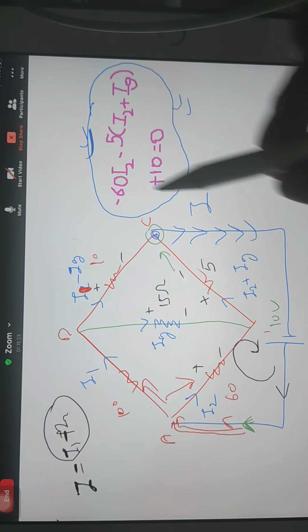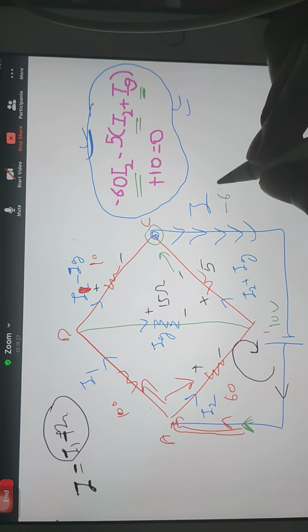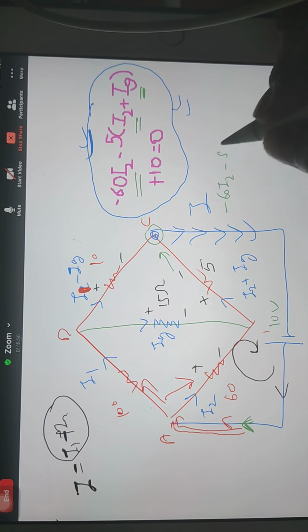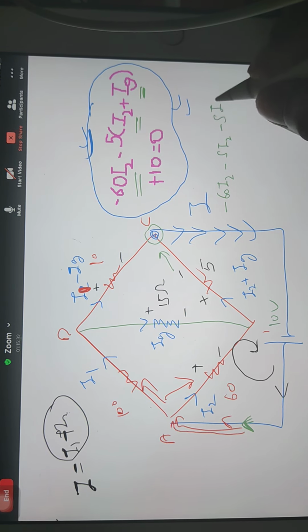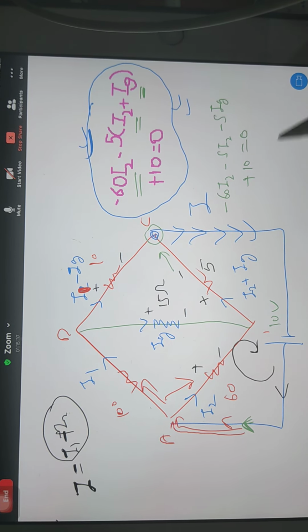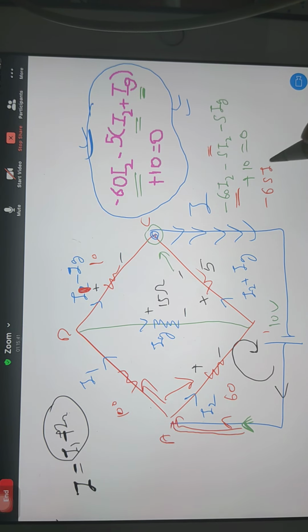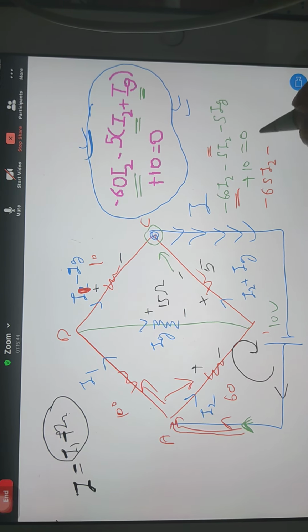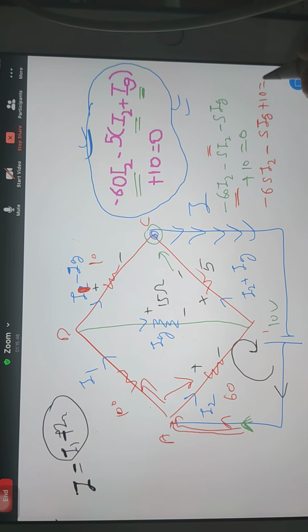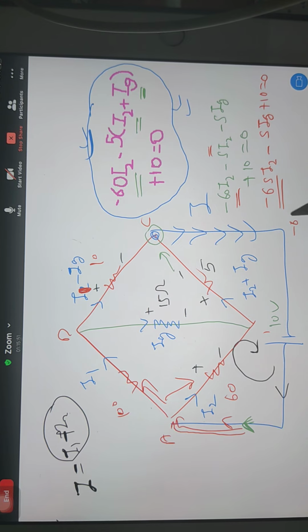So you can see what you guys have written here. I2 is here, I2 is here, Ig is here. So you can write minus 60 I2 minus 5 I2 minus 5 Ig plus 10 is equal to 0. You can rearrange, and minus 60 I2 minus 5 I2 will give you minus 65 I2 and minus 5 Ig, and plus 10 is equal to 0. Then again you can rearrange, and minus 65 I2 will equal 5 Ig plus 10,